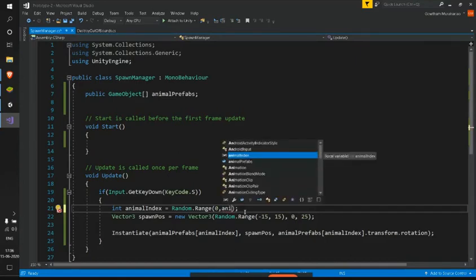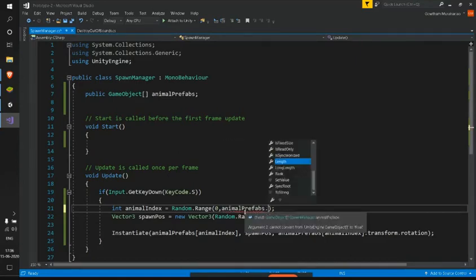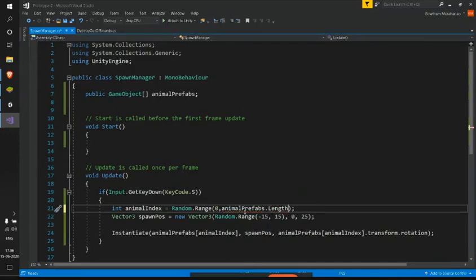Here our array is animalPrefabs, and when we use the Length property, we get the length of animalPrefabs, which is also obviously 3. It's the same thing, but instead of a hard coded value, it's always good to use properties like animalPrefabs.Length to generate indices.